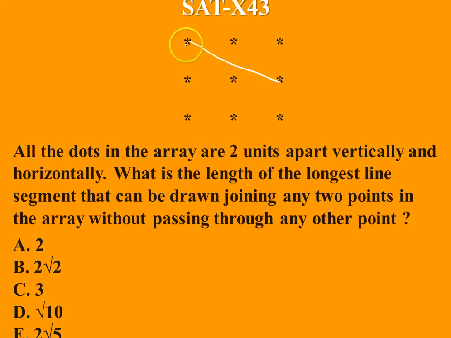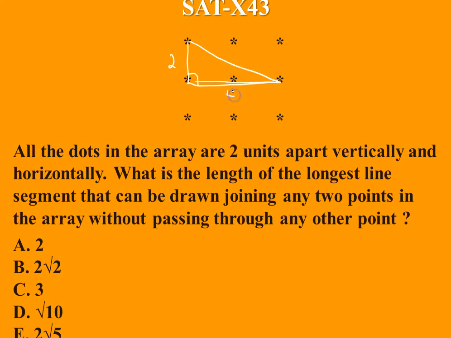So what you can do is just sketch a little triangle and use the Pythagorean theorem to find that length, because that length is the hypotenuse of that right triangle. The vertical length, 2 dots, so that distance is 2. It says the dots are 2 units apart. Across the bottom, the horizontal distance goes from 1 dot to that 3rd dot, so every space represents 2, so